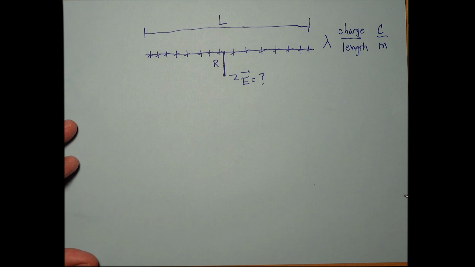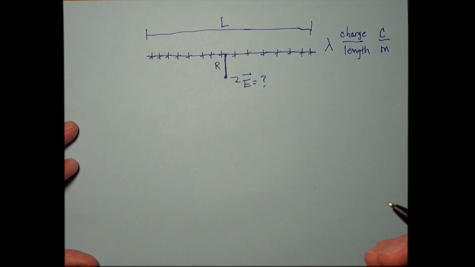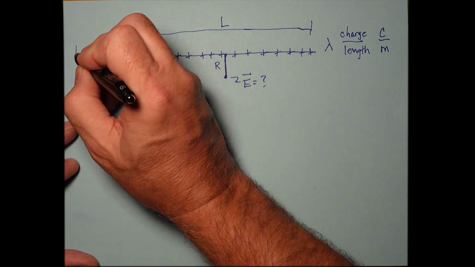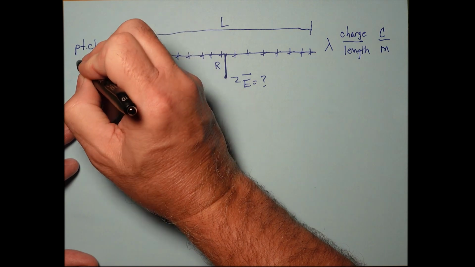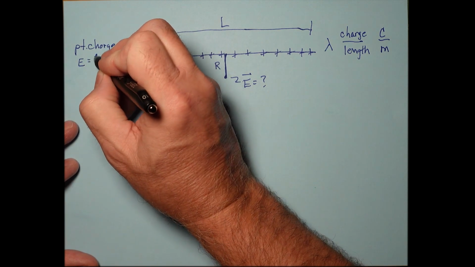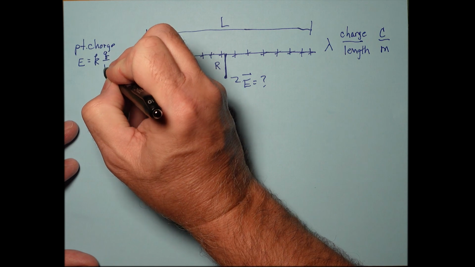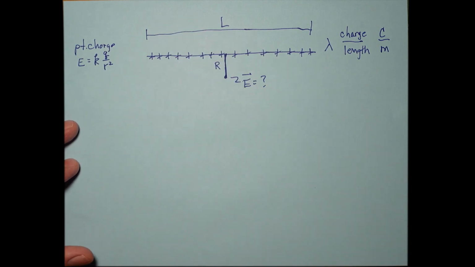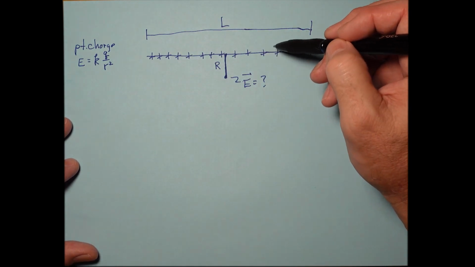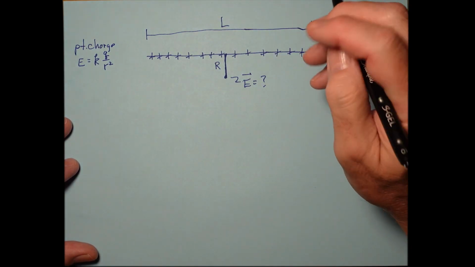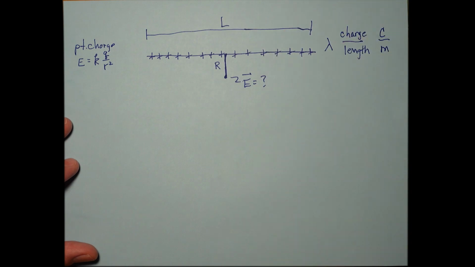Well, we really don't know how to do this. We know how to solve for the electric field due to a point charge. And remember, for a point charge, the electric field E is just KQ over R squared. Well, we can use that bit of information here if we can treat this like it's a point charge. But since it's a continuous charge distribution, we can't do that